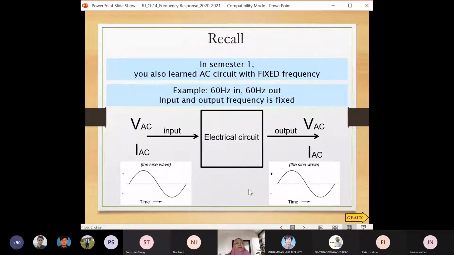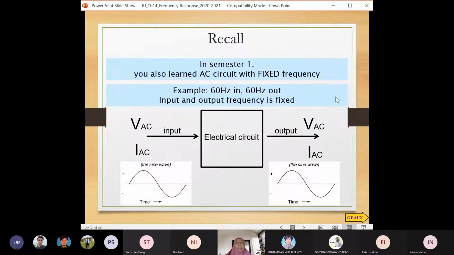Okay, and then the amplitude of the signals, amplitude means the strength, magnitude. So if you are given, for example, your household source of 240 volts, you will expect that if the electrical circuit is optimum, the output will be at par with the magnitude of the signal. So if you have 240 input, 240 output, that means the system is having